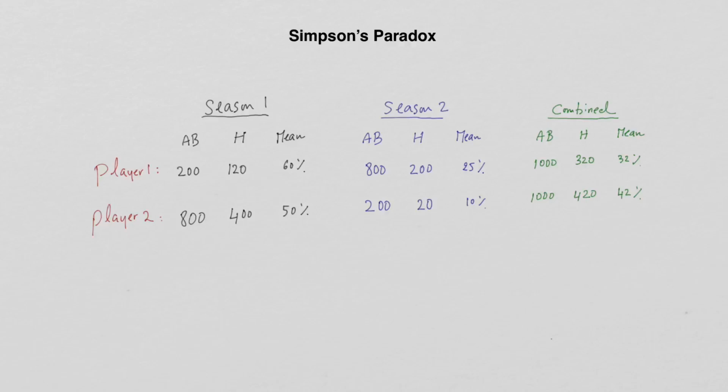So imagine I have, I color-coded everything here so you don't get lost with all these numbers. So let's say we have two professional baseball players, player one and player two, and they're going to play the first season, and then a year later they're going to have another season, and of course they keep track of their numbers, just like any other sports.